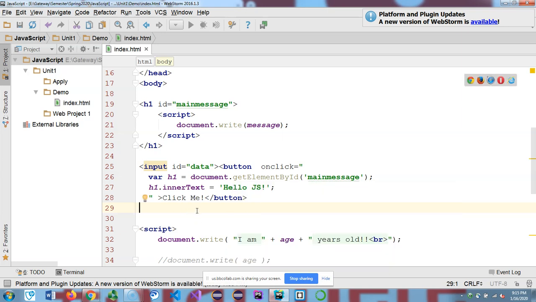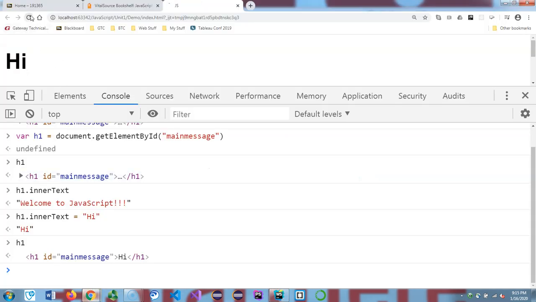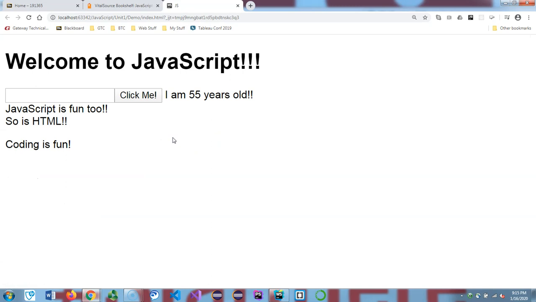So save that and go back to the browser and refresh my page so that everything reloads again. Okay, so here's the button. When I click on it,